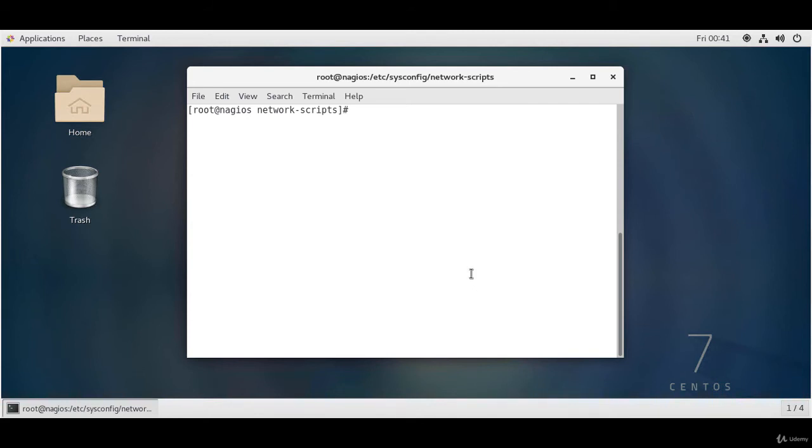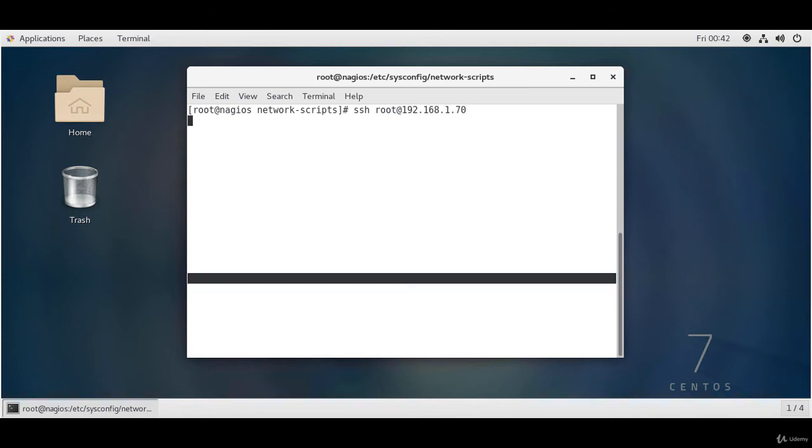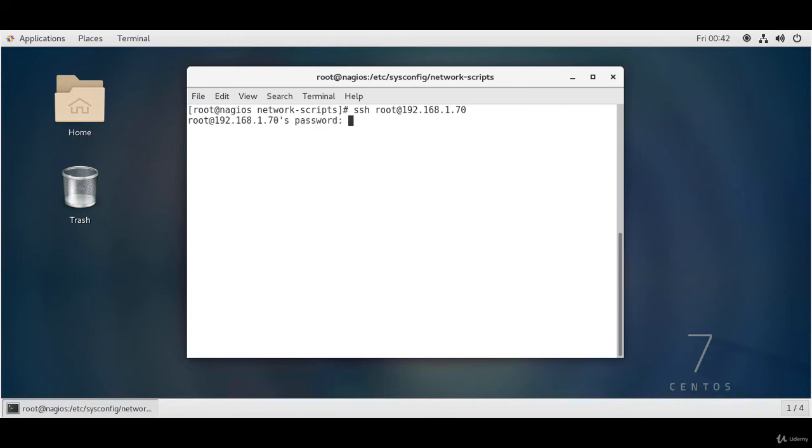So another test that we can do is I can SSH root into 192.168.1.70. That's our machine where I have configured the bond0 interface. Alright, so from a different client right now we are logged into our machine which has the bond0 interface